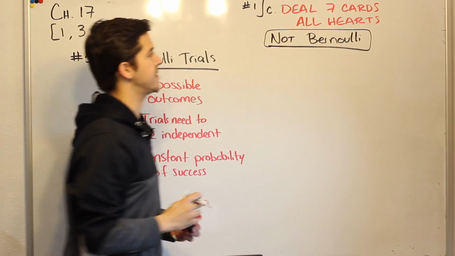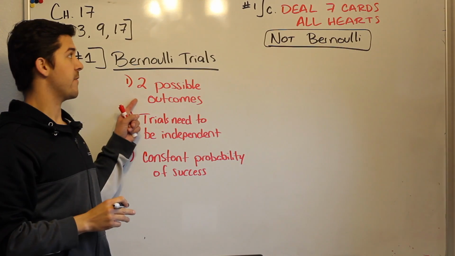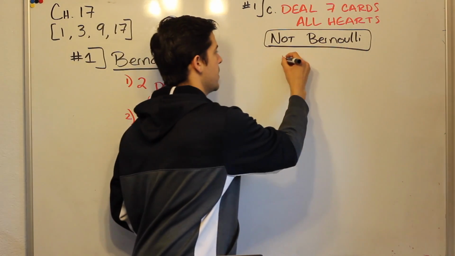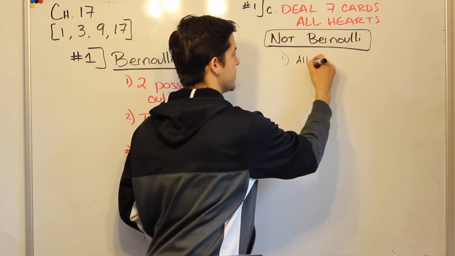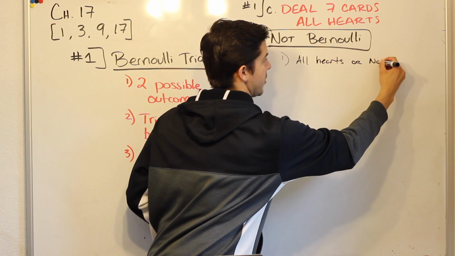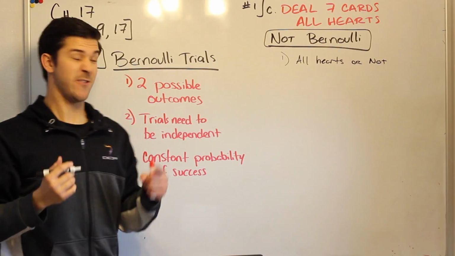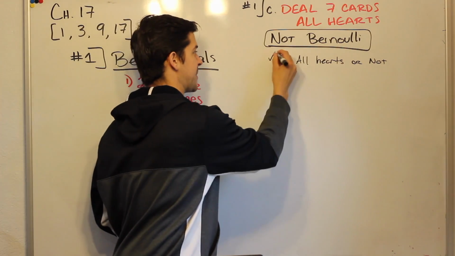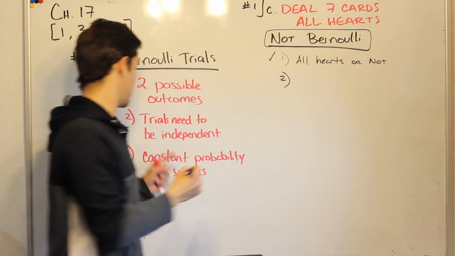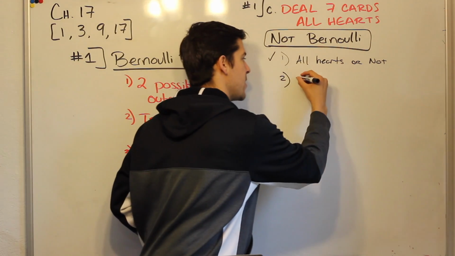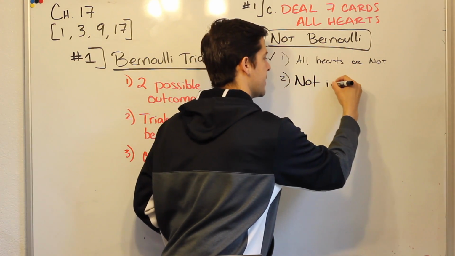Let's talk about the reasons why. First off, are there 2 possible outcomes? Yeah. It's either all hearts or not all hearts. So the first condition here is correct. So technically that could be Bernoulli. Number 2, trials need to be independent. It is not independent